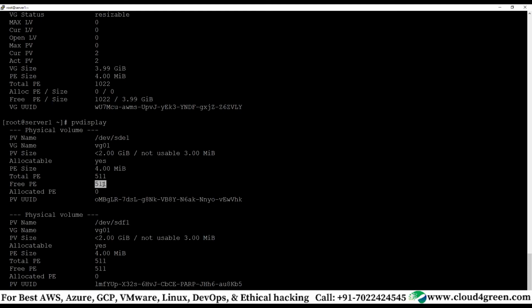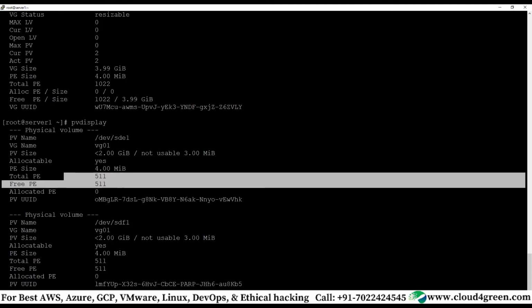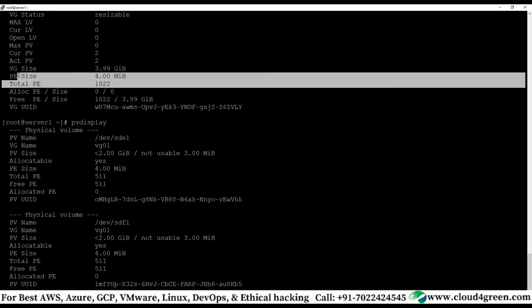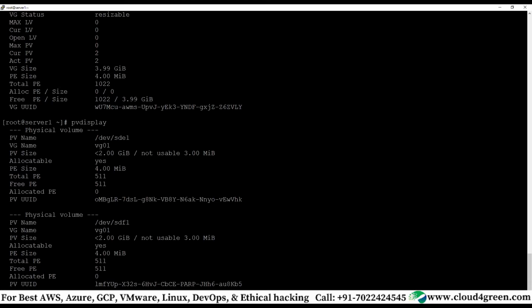It should basically be 512, but since some space is used up, you're not getting it. So 511 times 4 MB gives you close to 2 GB. So 2 GB here and 2 GB here; these two combined get you 4 GB. Clear? You should understand this concept. Many people don't know what a physical extent is.